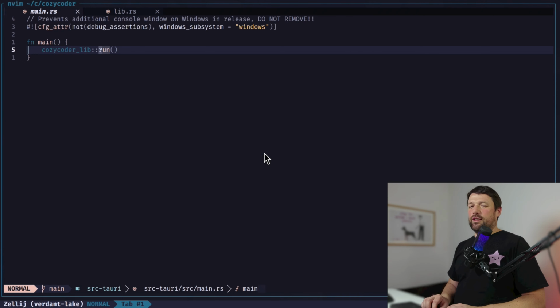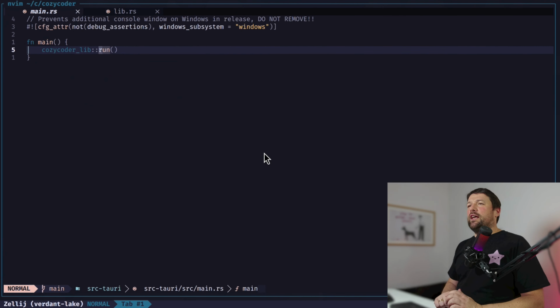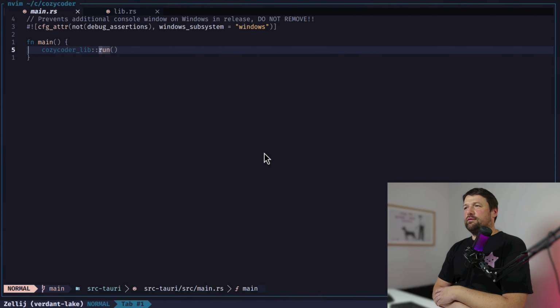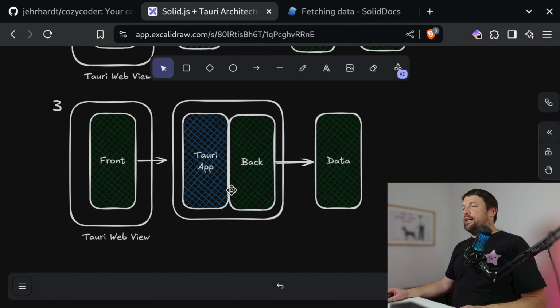So the interesting thing about it is what you also can do here in the main function, instead of calling directly this run function, you can put your own CLI in front of that. You can wrap this line here with some CLI using something like clap, which is a pretty good CLI library in Rust. And you can only invoke this run function here if you have invoked the right command to do that. And this flexibility here is great, because then you can have a CLI and you can have a backend and all of this stuff all being built in the same tiny little Rust